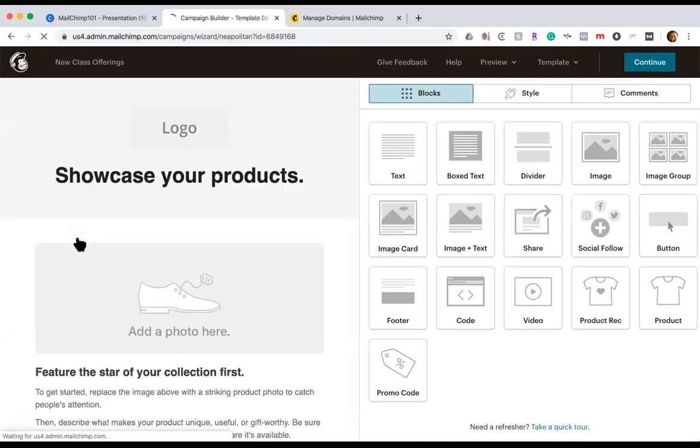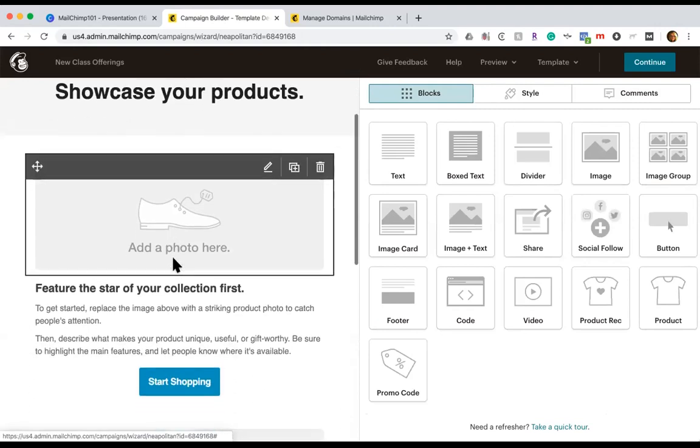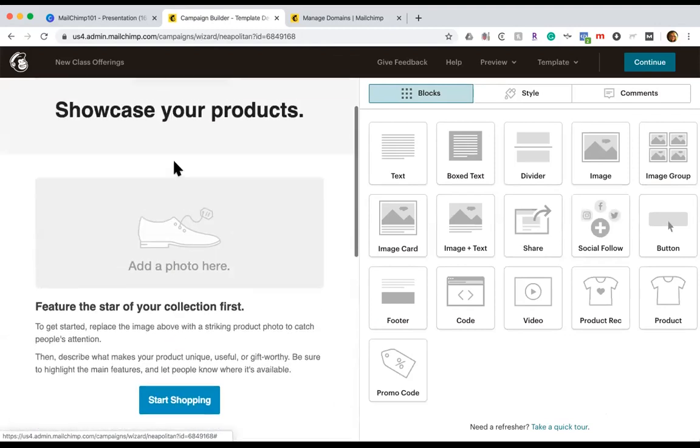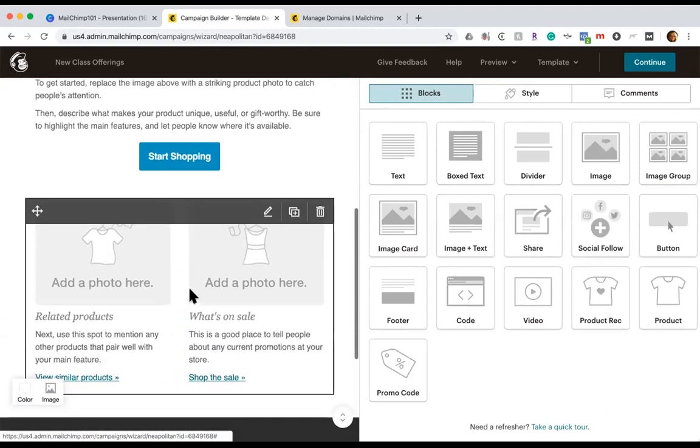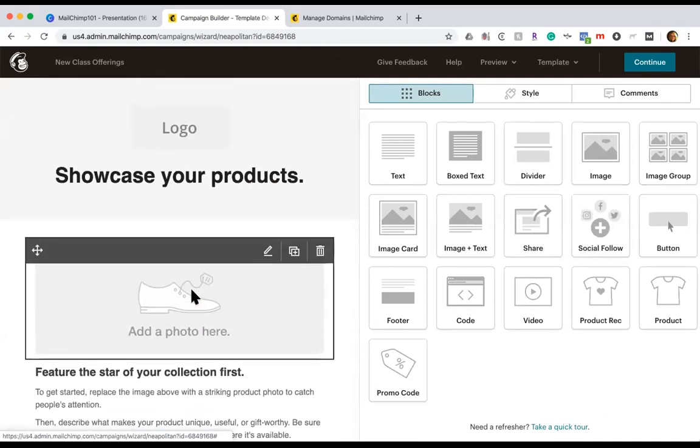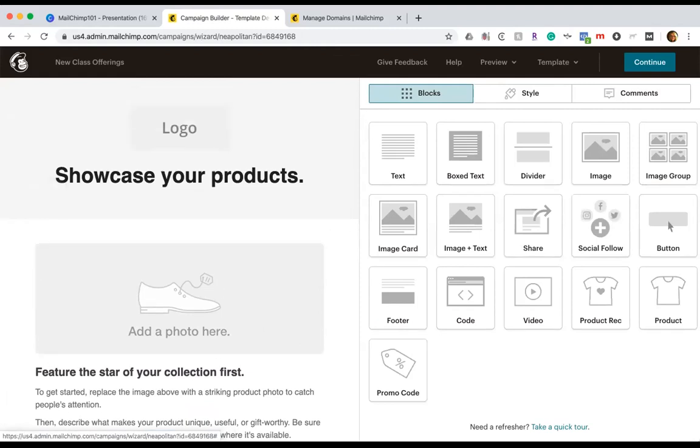Now, just because it says sell products doesn't mean that you have to be selling products in this email. All right, so you've got your basic 1-column, 2-column layout here. And it's very basic and there's nothing in it. So sticking with the real estate theme, what I'm going to do is hop out